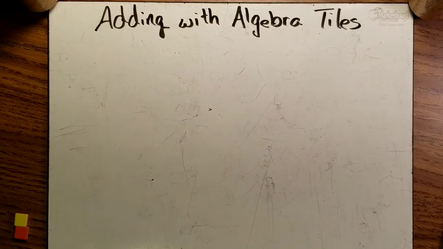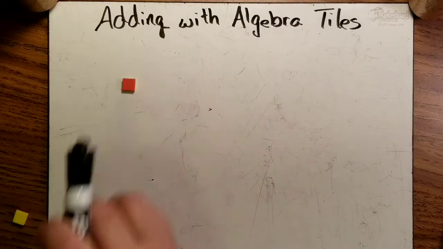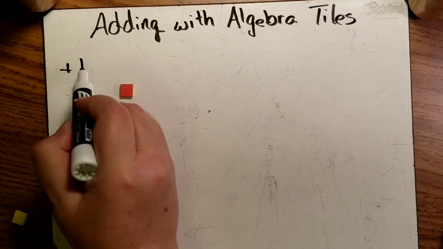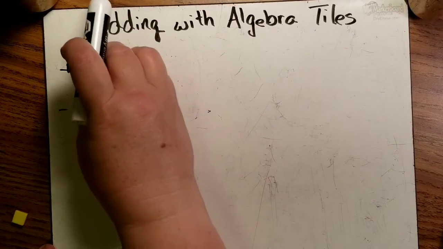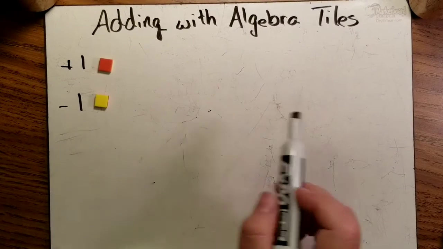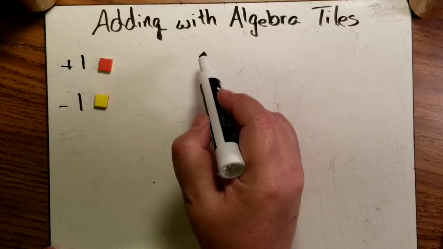Okay, so when we're going to add with algebra tiles, first of all, we have to have our key. So we're going to have +1 and -1. These are our positives. These are our negatives. So when we add with algebra tiles, if we would have